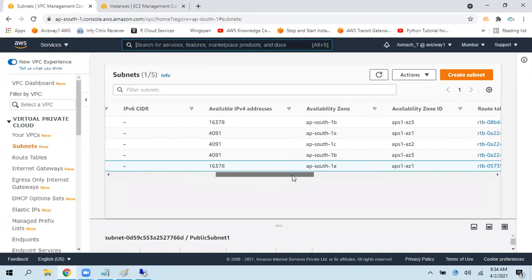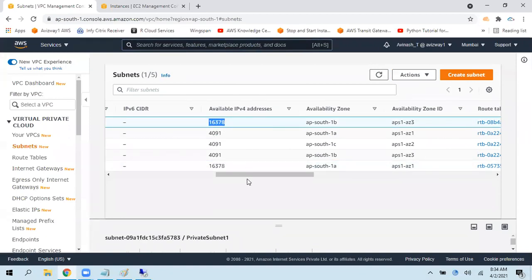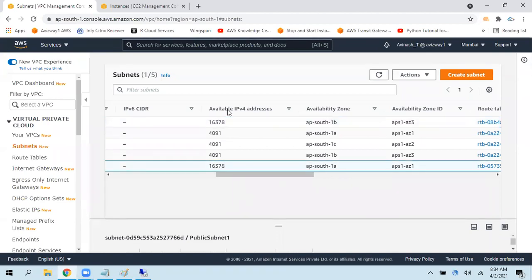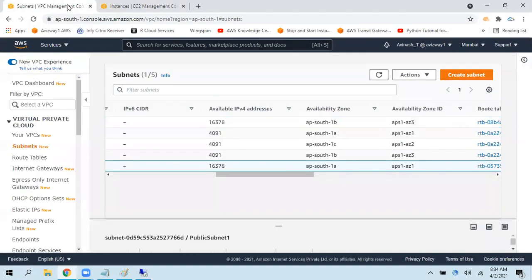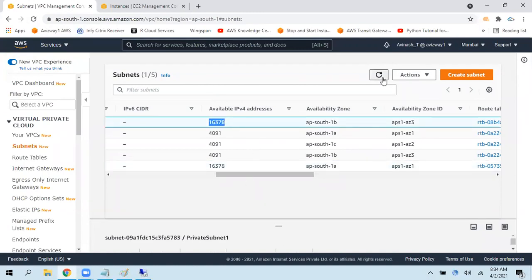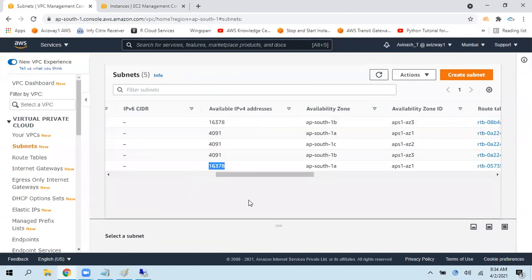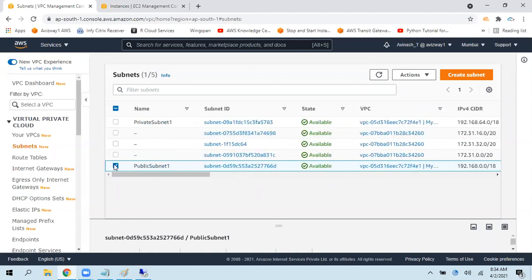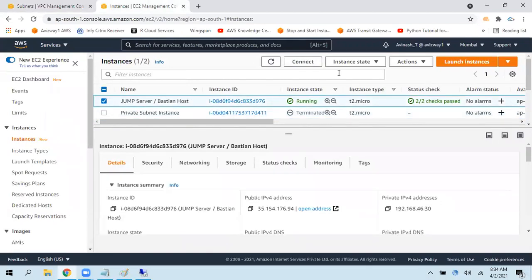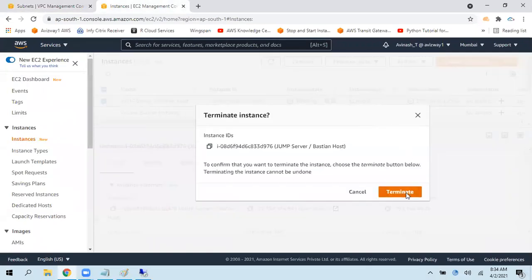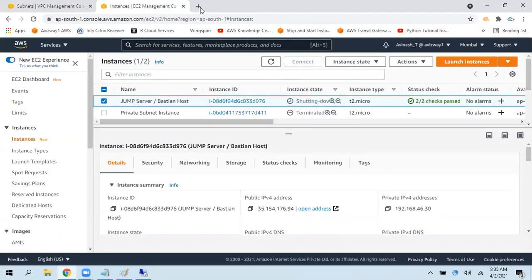All right, so this count is going to increase in some time. In whichever subnet that instance got terminated, that will get 16,379 again. So how many instances are running in one particular subnet? Instead of going and filtering, we can simply come back here and see how many available IP addresses we are going to get and how many we have at the moment. So we will come to know how many instances and NICs we have. That is another small thing.